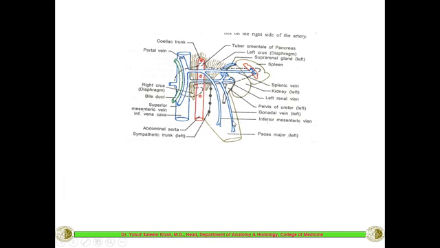So here you can see the structures which are in relation to the body, especially the body. You can see here, this is the posterior relation. Also we can see the abdominal aorta, as well as even the kidney. Coming to the tail,